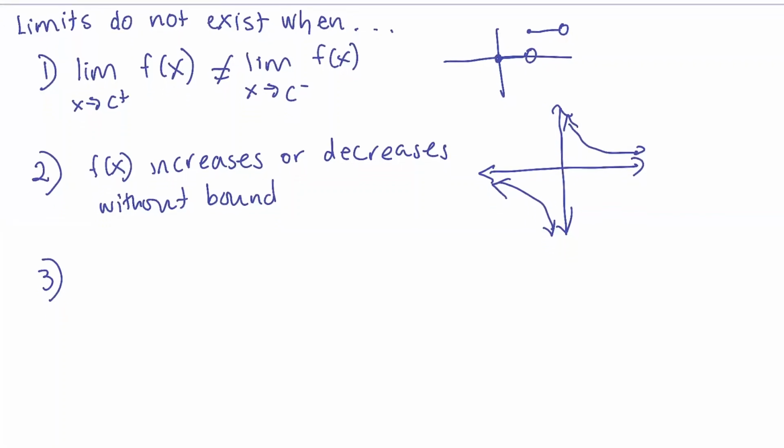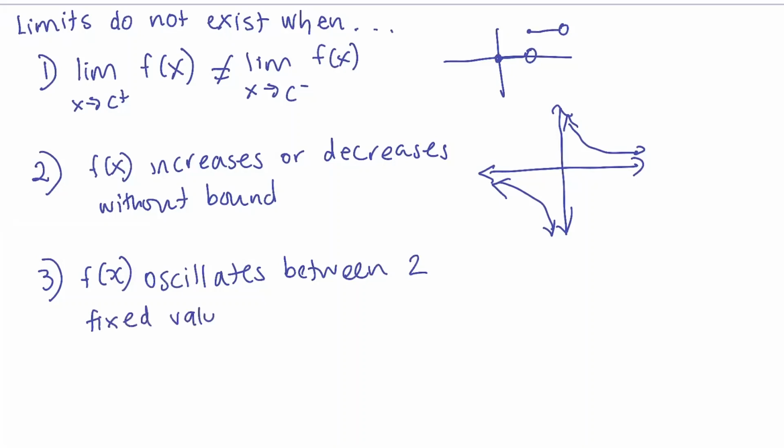Okay, then the third reason is, graphically speaking, if we can't pinpoint a value that it tends to, then it's bouncing back and forth. It's oscillating between two fixed values, and it's not actually headed towards anything. So as x approaches c, we're noticing it's bouncing back and forth. An example of that: if you actually graphed the limit as x approaches 0 of sine of 1 over x,